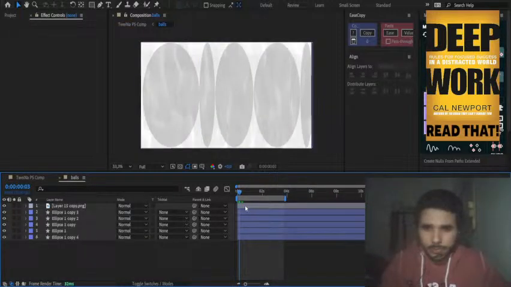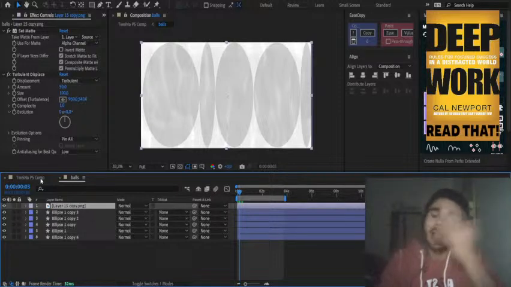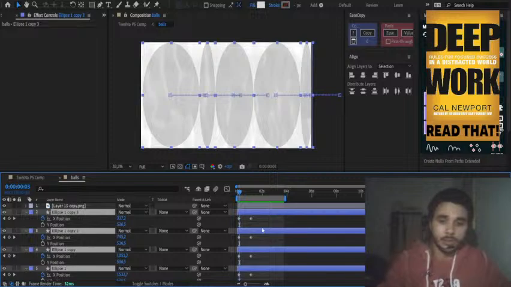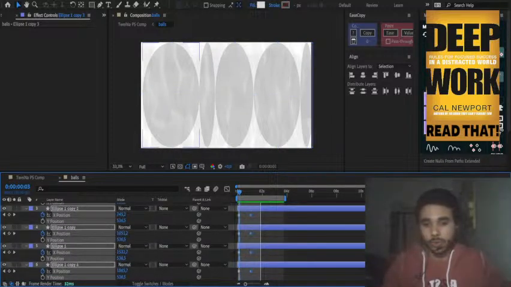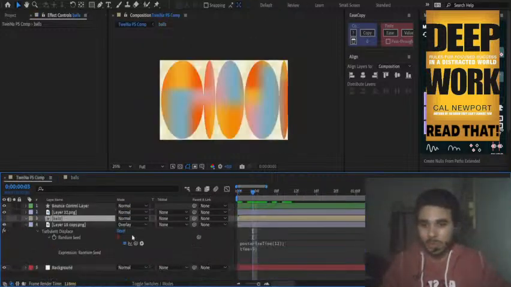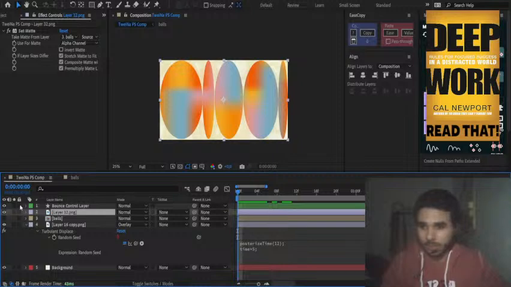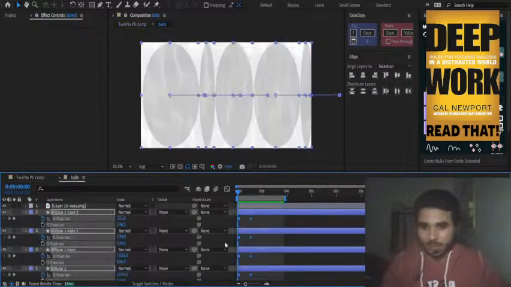Okay, so we need to figure out a way to make this appear and move it at the same time. I can just copy these keyframes and copy them over to the mother comp. But that's just tedious. I feel like that's too much work, and if I wanted to change it, that's not going to be very easily done.